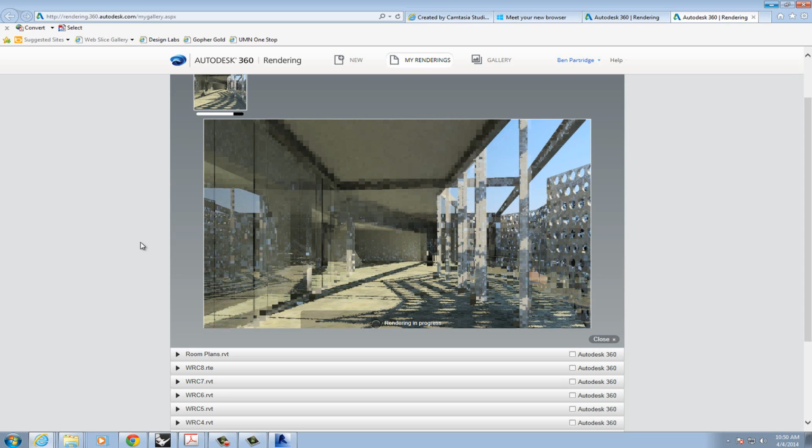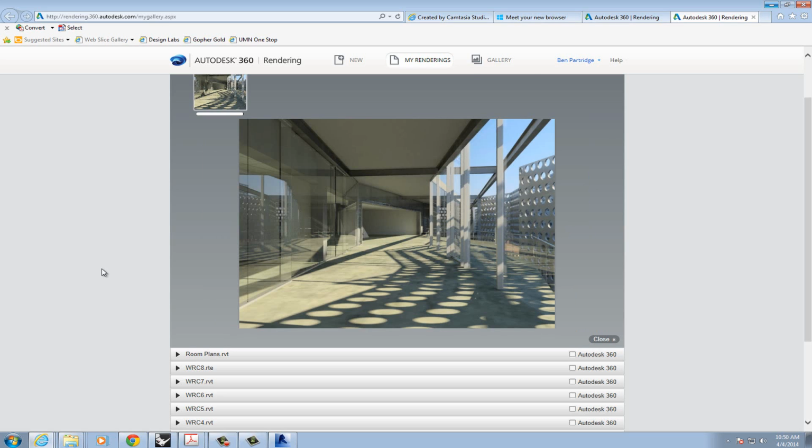So the cloud and its ability to work fast is probably good for producing final renderings, but can you speak to how Revit can be used as a design tool to just test if things are working? Is that draft rendering? With the draft rendering, it's hard to compare between draft rendering in the computer and draft on the cloud, because they're both going to produce different results. Where the cloud has this realistic daylighting,